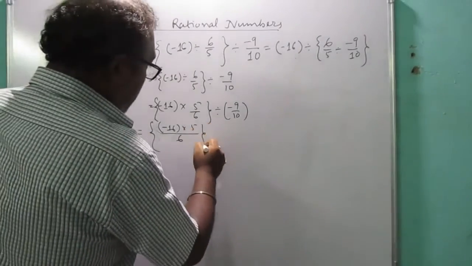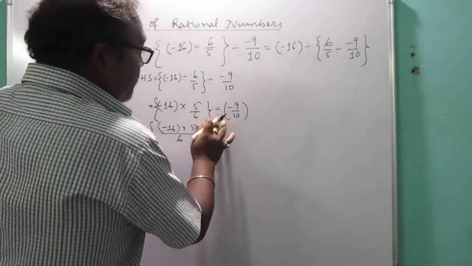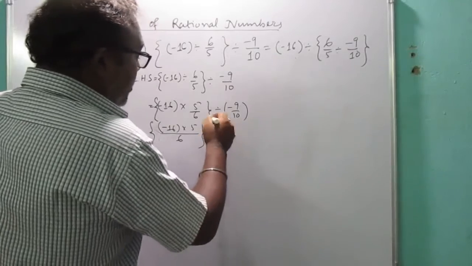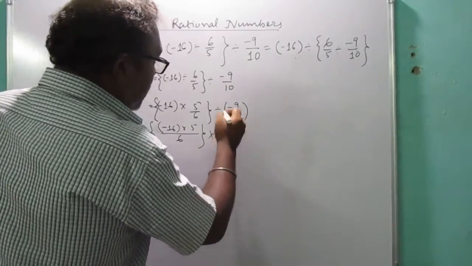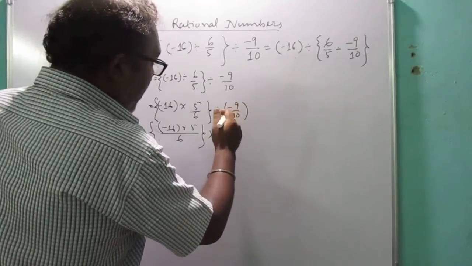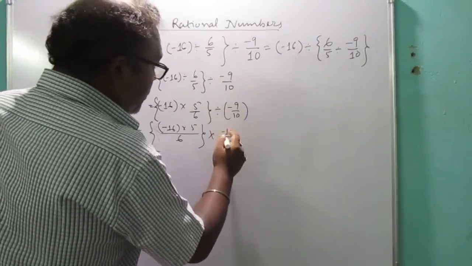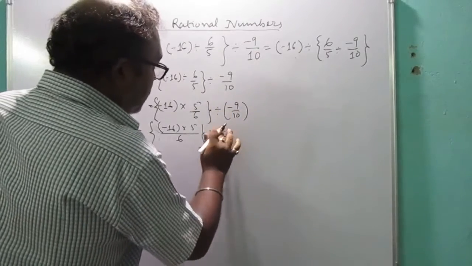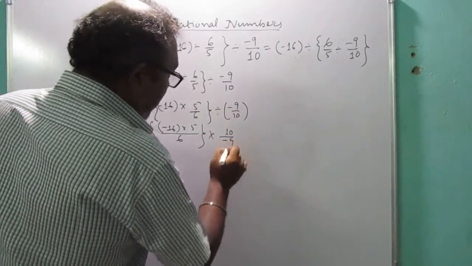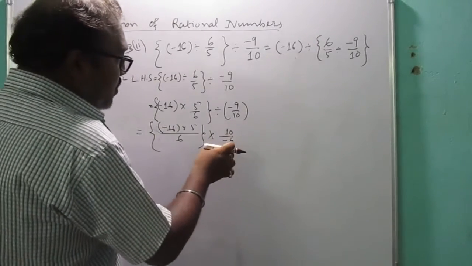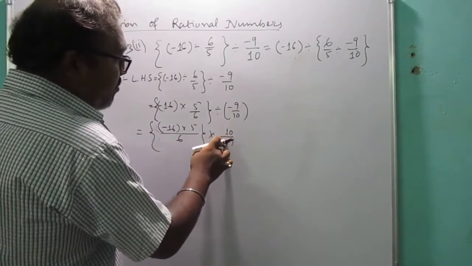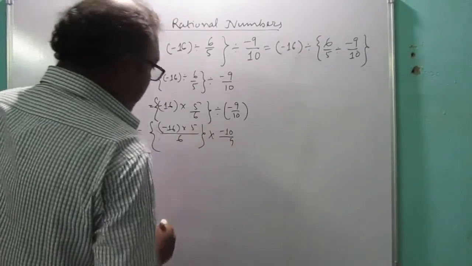So this one again, here is division. So again you have to convert it into multiplication by reciprocating minus 9 by 10. This part you have to reciprocate. So 10 will go up, actually 10 by minus 9. As you have to remove the negative from the denominator, you have to write it in the numerator.